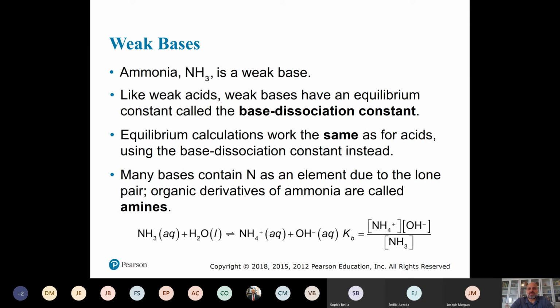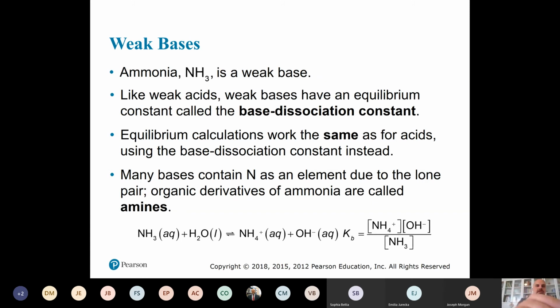And so like weak acids, weak bases have an equilibrium constant called the Base-Dissociation Constant. And equilibrium calculations work the same as for acids, using the Base-Dissociation Constant instead. And many bases contain nitrogen as an element due to the lone pair. And organic derivatives of ammonia are called amines. So what they're talking about is we have